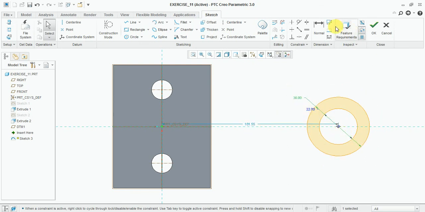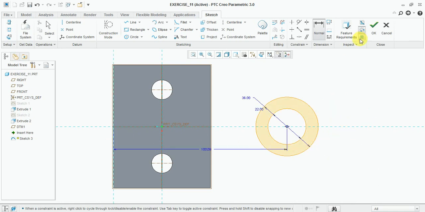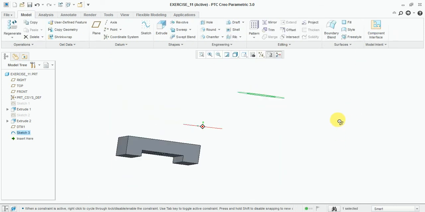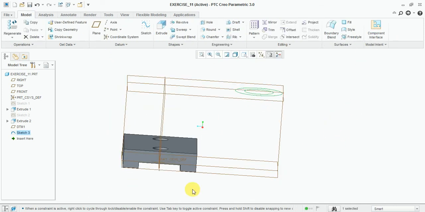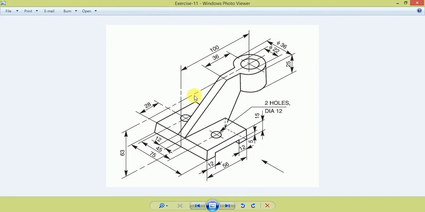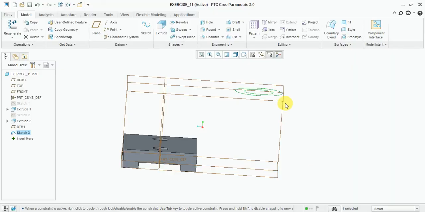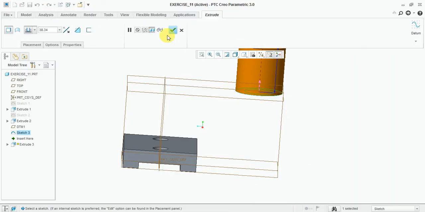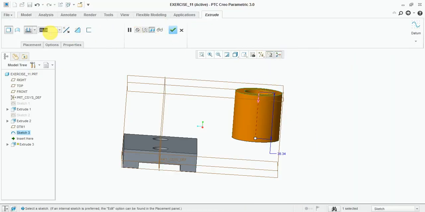Now from this edge 100 mm, finish this. Now you can see here 63 mm and X2 downward direction 25 mm. So select X2, 25 mm. Okay.